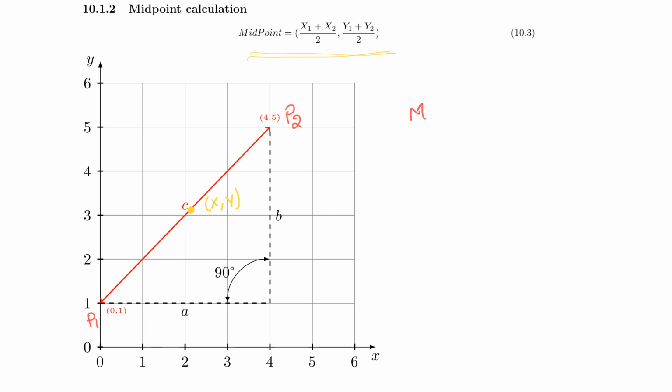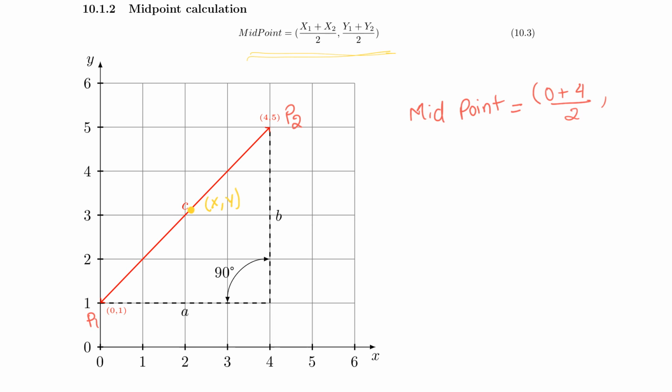Okay, so the midpoint will be equal to, x1 will be 0, right? The coordinate in x for point 1 is 0, plus x2, which will be 4. Remember that this is plus. In the Pythagorean theorem, it is minus. This is plus, because we are calculating the midpoint. Divided by 2, comma,